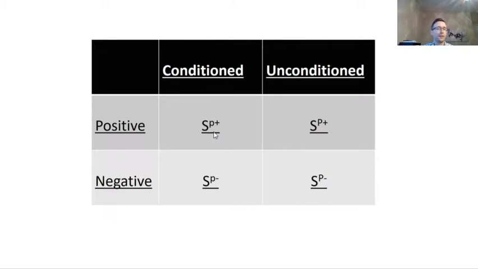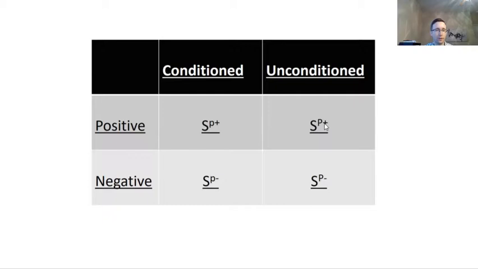And so it looks just like conditioned positive reinforcement, except there's a lowercase p instead of a lowercase r. Okay, and same for negative conditioned punishment. Instead of an S with a lowercase r and a minus, there's an S and a lowercase p with a minus. Now remember, in the prior unit, in the discussion about reinforcement, I talked about positive unconditioned reinforcement, abbreviated as